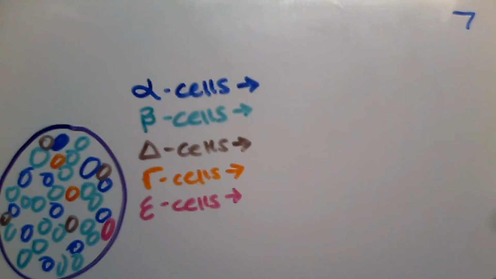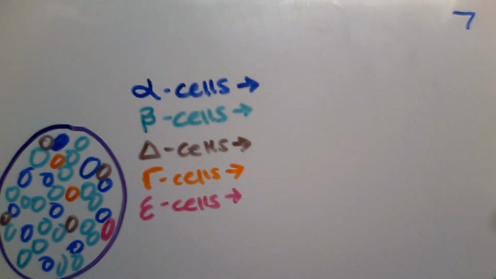The chart that you can see on this page here nicely organizes all the types of cells that we have in the islets of Langerhans, what hormone they produce, and what the function is of that hormone. This chart is going to be very important to memorize, draw out, understand, whatever you need to do to understand how the hormones of the pancreas affect the body and what cell releases them. So to review it, remember the alpha cells are our second most common cell in our islets of